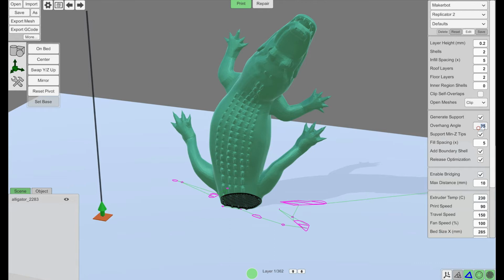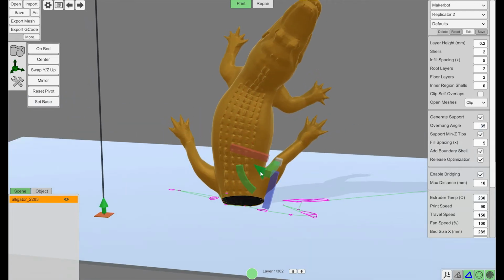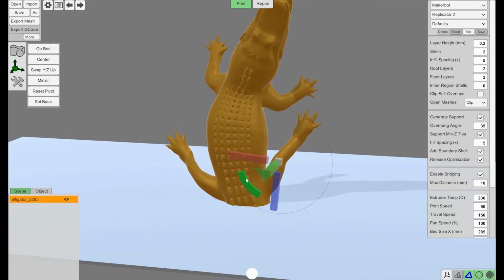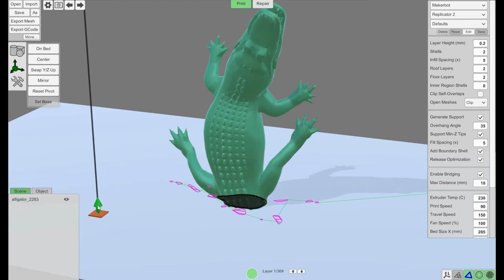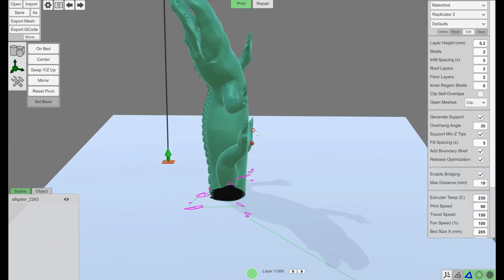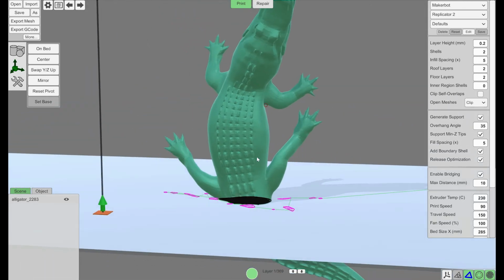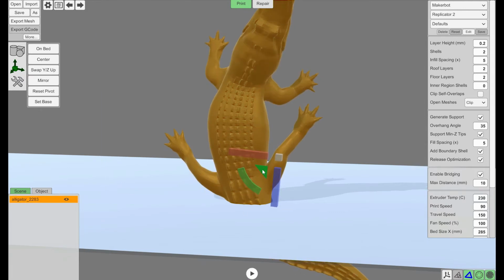You can change the overhang angle to the one you would use with your printing software if you're not going to print with Cotangent. And we can sort of tweak this thing. Maybe we decide on the left leg we're okay with having more support over there, and we want to get less support on the arm. So you see I just rotated it, automatically sliced, the thing updates, now we got less support over there. So you could kind of rotate this thing in little bits until it gets to the spot that you like, and then if you want to do that plane cut again,